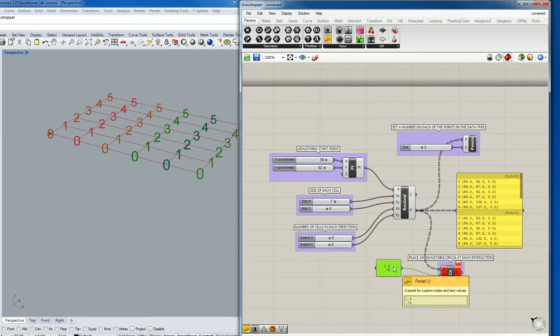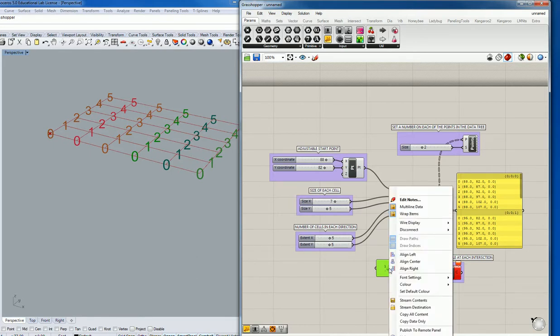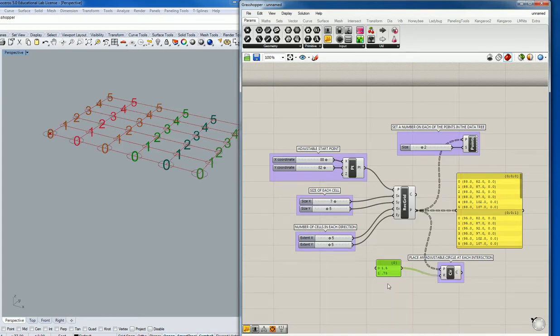So let me show you how that works. If you right-click the panel and go up here to where it says multi-line data, notice that it's turned on. Turn it off. Now, doesn't this look a bit like this list up here? Notice that it is a double line. So what that's telling you is that that panel is now feeding a list into the circle component. So now if I was to go in there again and type in 2